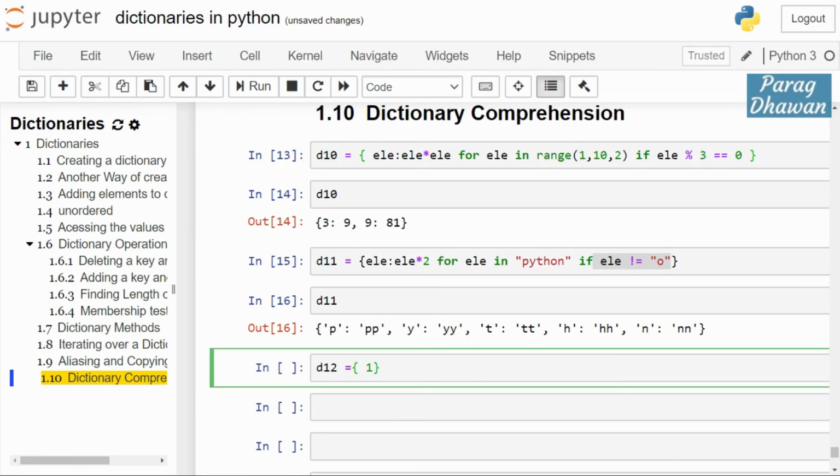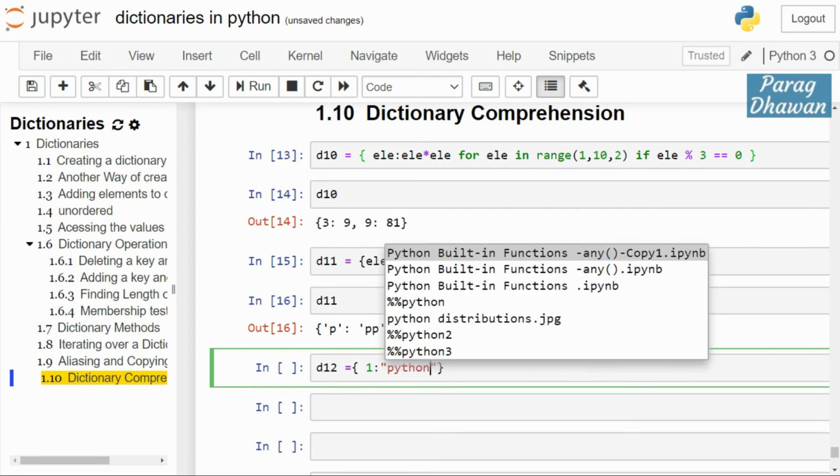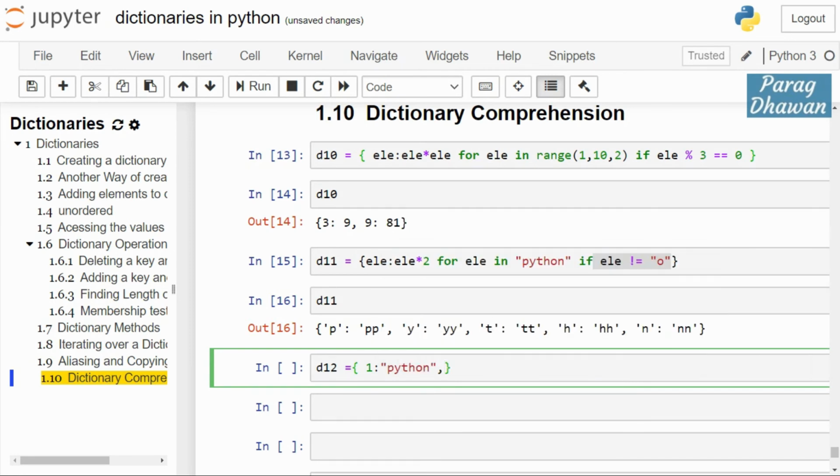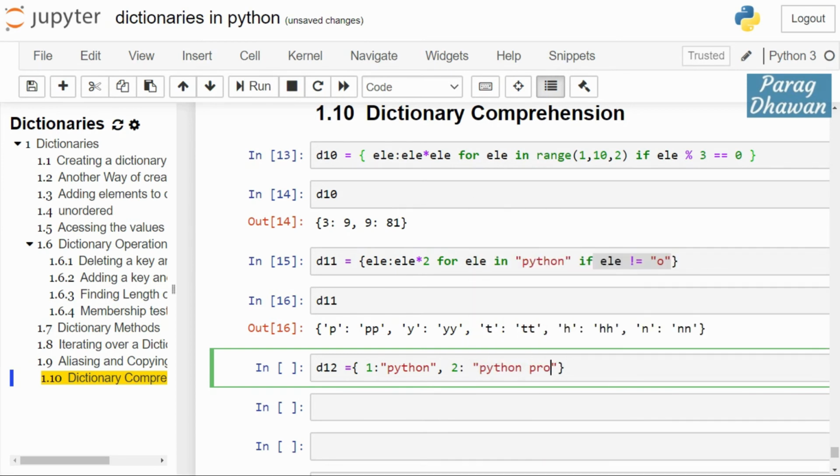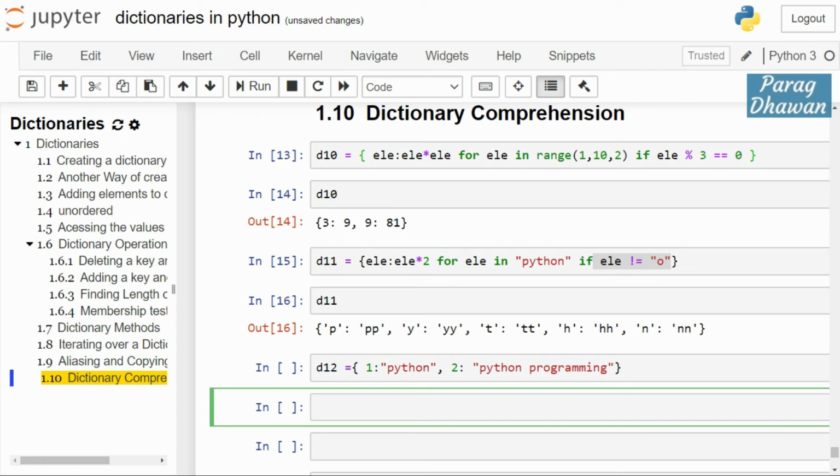Okay, 1 colon Python, comma 2 colon Python programming. So run the cell first.